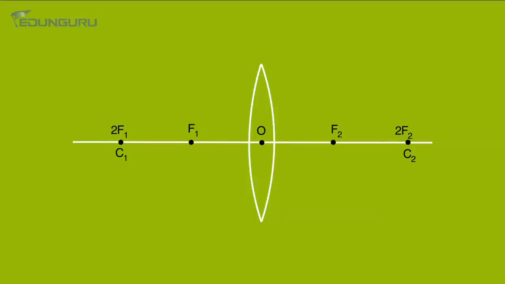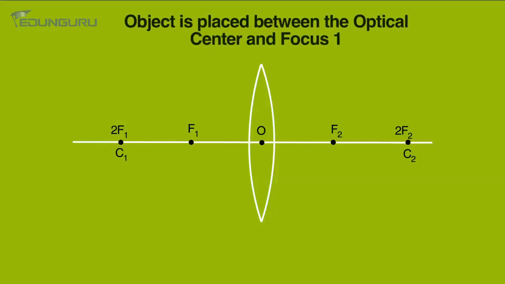Now children, we will take the first case in which the object is placed between O, that is optical center, and F1. Now, we will see how an image is formed in this case. We have put an object between O and F1, you can see in the figure. We are taking 2 light rays. Let us take the first light ray, which is parallel to the principal axis. As we know from rule 1, in case of a convex lens, it will pass through the focus F2. So this light ray is passing through the focus F2.